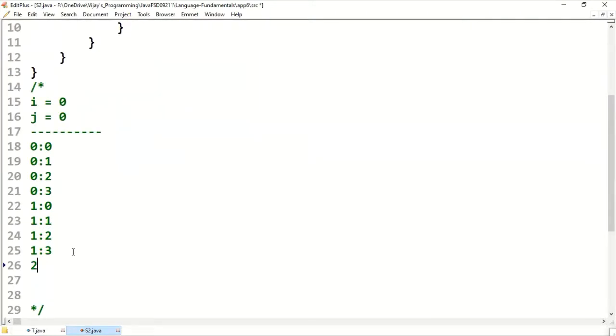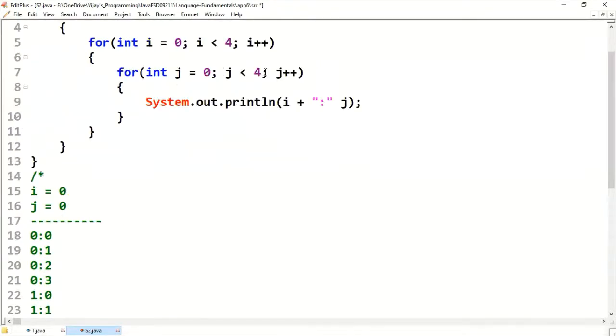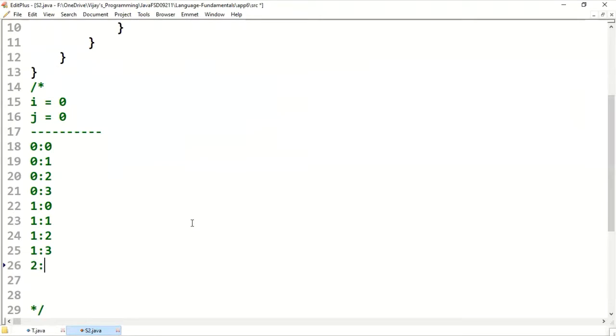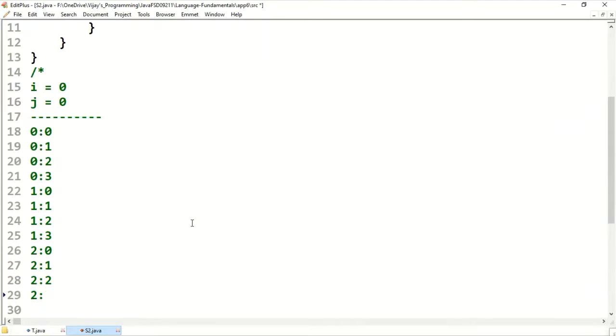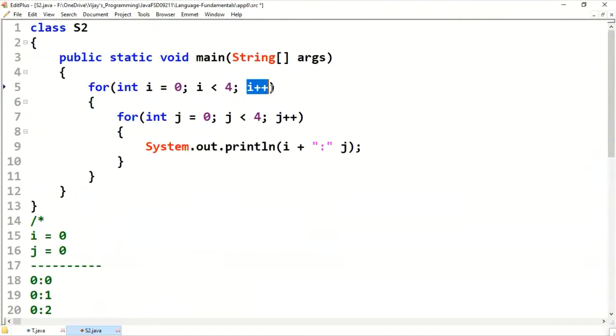i value 2. j value 0 less than 4, yes. Same story: 2 colon 1, 2 colon 2, 2 colon 3. 3 is becoming 4. 4 less than 4? No. Comes out. i is becoming 3.